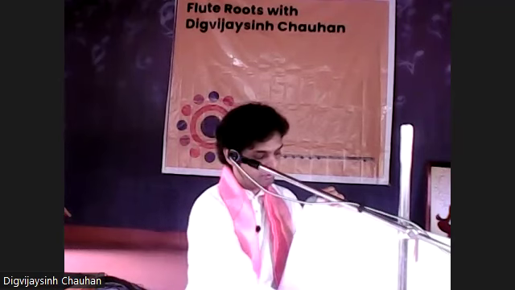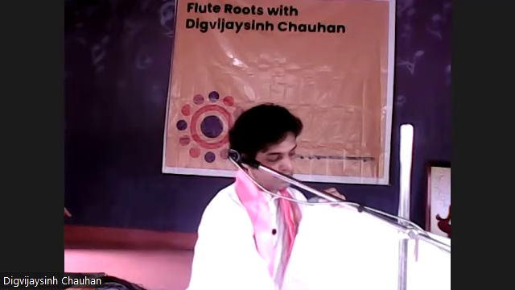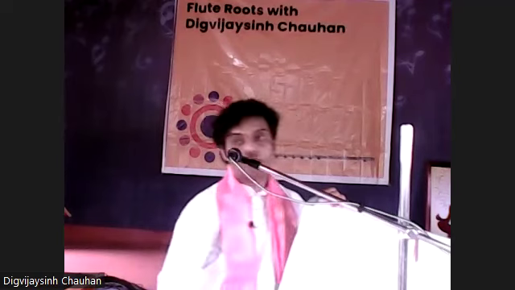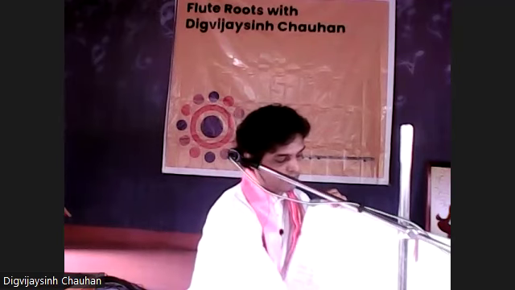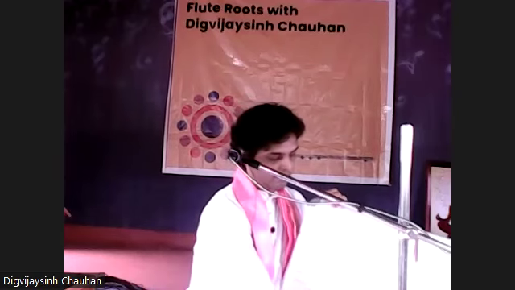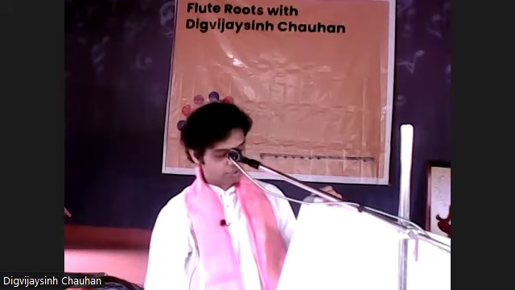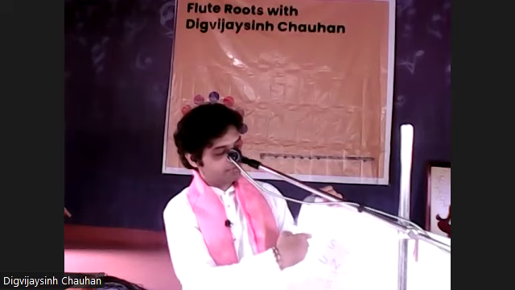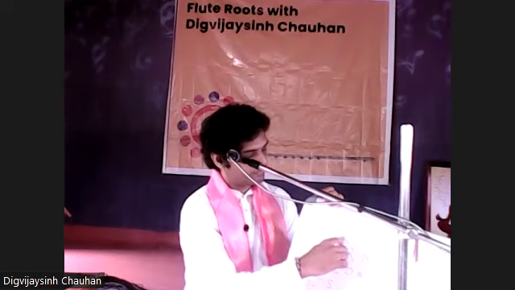Okay, so we are just trying to understand which are the possibilities. We can have a raga which has 7 notes in ascending, 5 notes in descending, then 7 notes in ascending, 6 notes in descending, and finally we can have a raga which has 7 notes in ascending, 7 notes in descending. So this is called the jati of the raga. Okay, so if somebody asks me, what is the jati of this particular raga? See, this is the raga Desh.